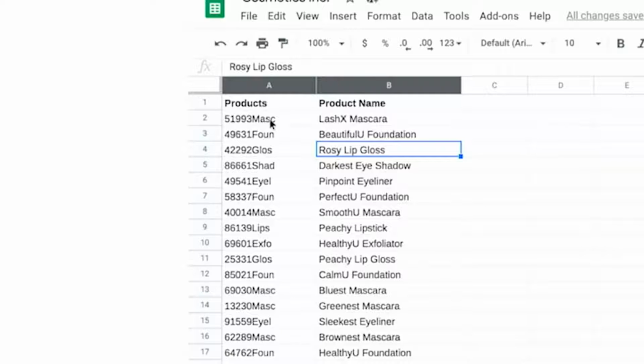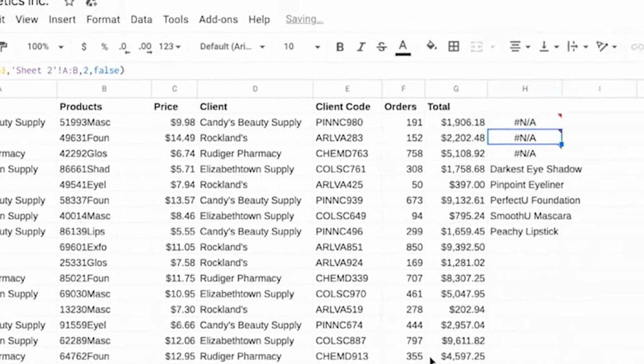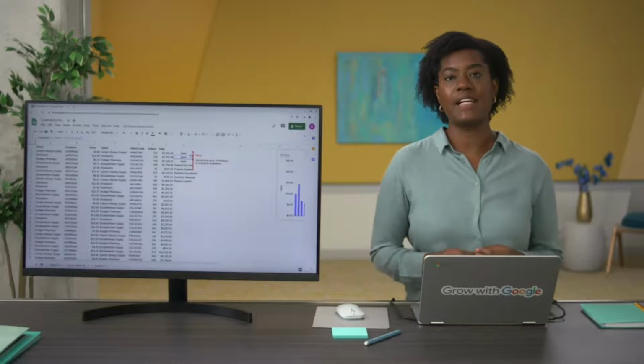Something else that can throw off your VLOOKUP results are version control issues. In other words, a function worked perfectly at first, but then something in the spreadsheet it was referencing changed. For example, maybe a user inserted a column. So now the columns in your function no longer direct VLOOKUP to the right place. When something like this happens, it'll return an incorrect value. There are a few actions data analysts can take to ensure this doesn't happen.